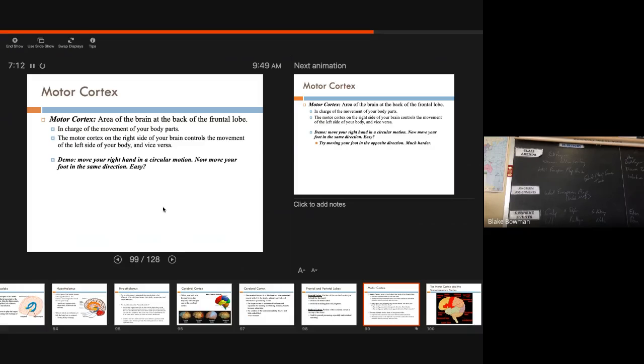Yeah. Okay, the next thing I want you to do is try moving. You guys can all try this at the same time if you want. It's hard to do. You guys are going to make fun of me because I can never do it. So I'm doing it right. Okay, now try to move your left hand counterclockwise and foot. Well, I can't do it. Can't do it. So move your hand counterclockwise and your foot